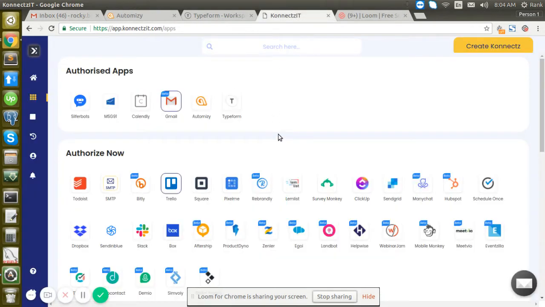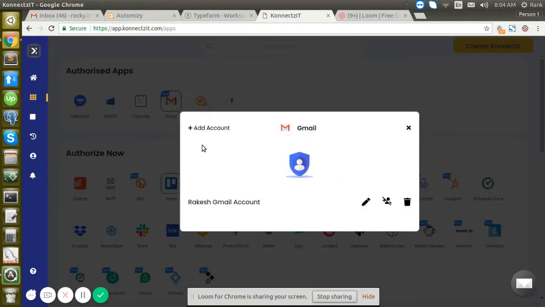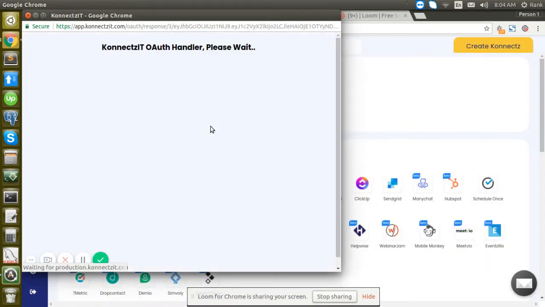through Connexit. So before I actually start creating a connect, I need to authorize my accounts. I already authorized accounts. I will show you how to authorize a Gmail account. I have to click on add account.